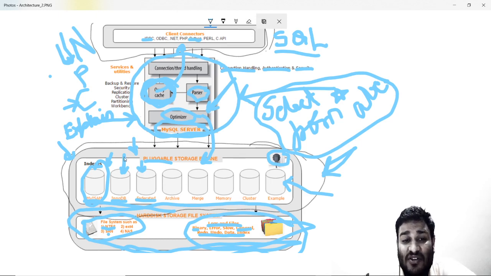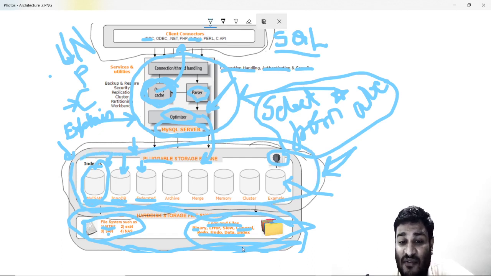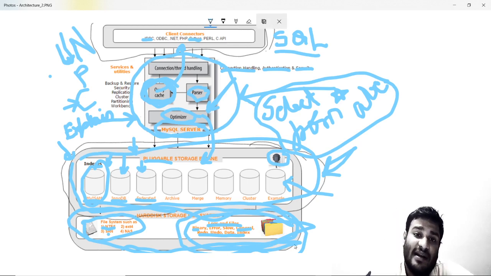And at the end, this storage engine interacts with the hardware file system. This is the way you say that your data is stored in tables; they make sure that it looks like the data is stored in tables, but in actuality the data is in files stored on the hard disk. Anyhow, all data is stored on the hard disk as files. Data can be of many types. It can be an image, a video, or something else, but what we are talking about here is the type of data which is information, which is text.